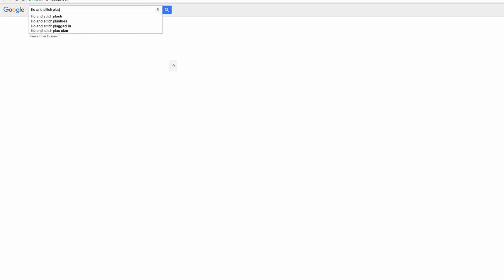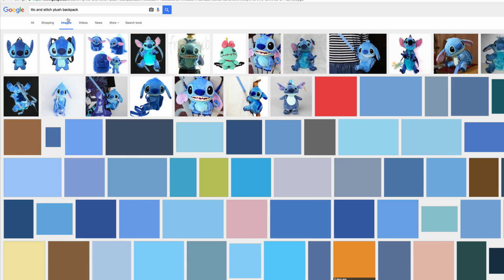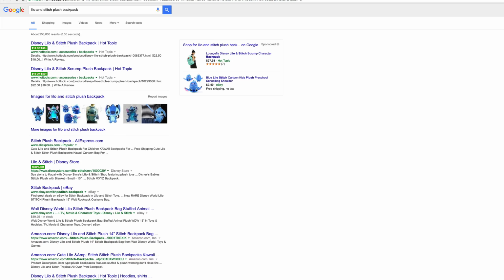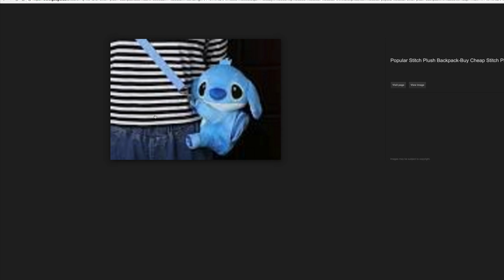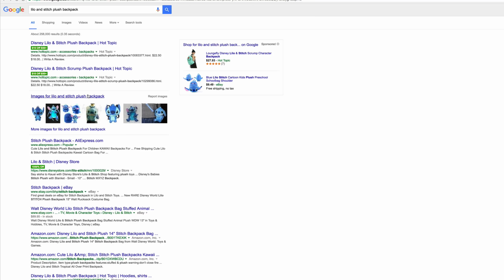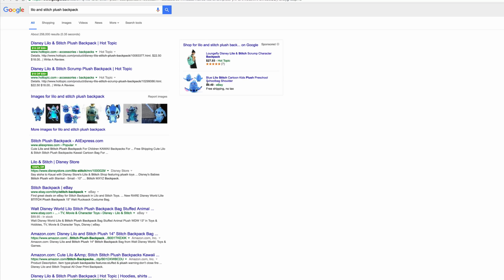I don't see it yet, so let's see right here. Plush backpack images. They're just all together. Let's see. There goes one right here. Oh, this is AliExpress too. So we see on eBay it's about $9.49